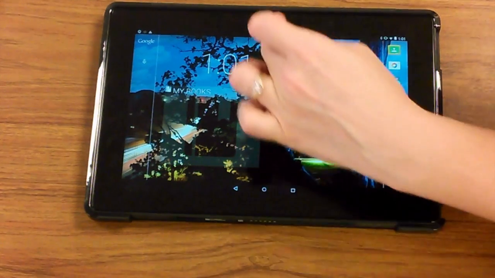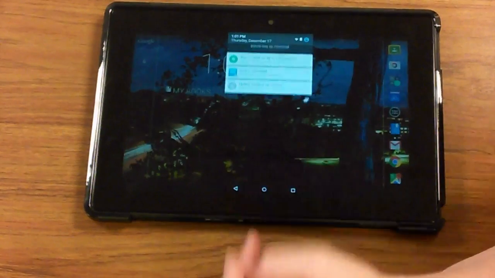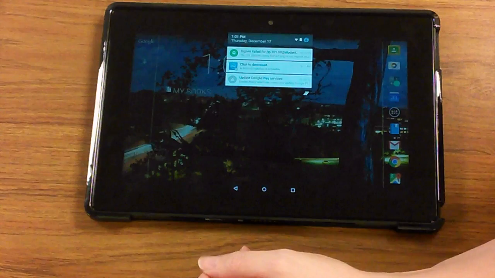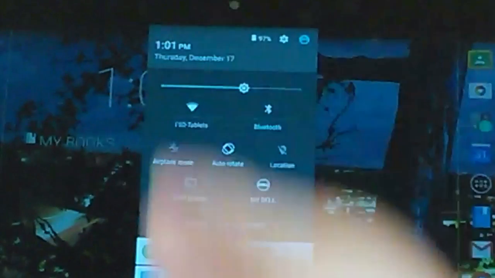Let's take a look at our settings. The first thing you need to do is swipe down. You'll notice you receive the time, the date, and the ability to clear notifications. These are just notifications that this particular tablet has been receiving. To actually get the full list of settings, you drag down again and it just basically pulls the shade down